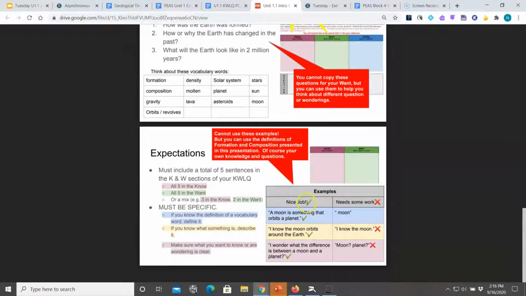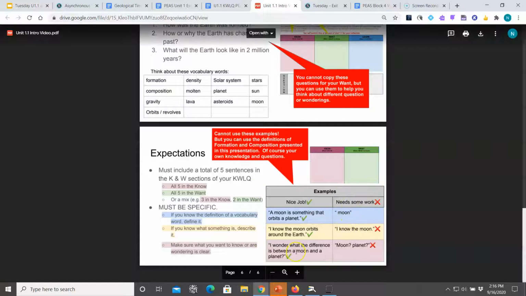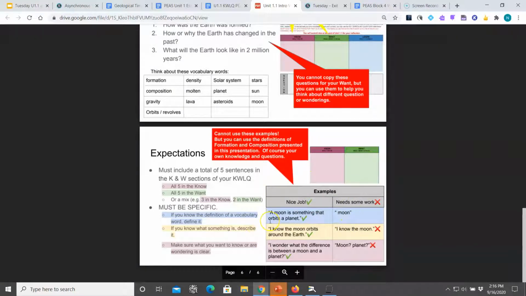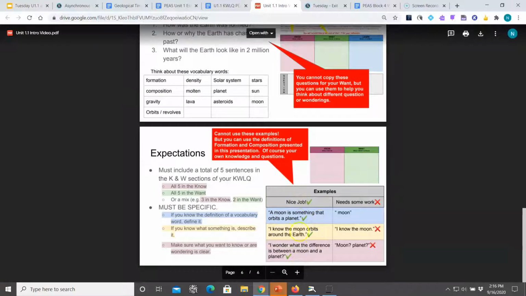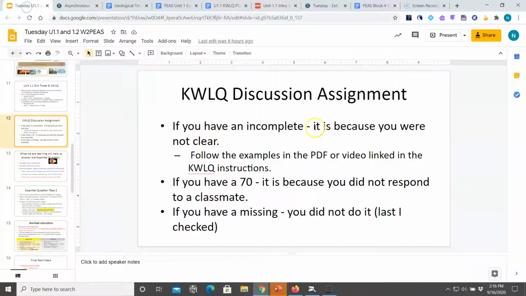So this is a good example. A moon is something that orbits a planet. Or I know the moon orbits around the Earth. That's good. But if you just write the moon, or I know the moon, or moon question mark, planet question mark, that's not good. You have to have a complete thought. So follow these examples to help you to fill out your KWLQ